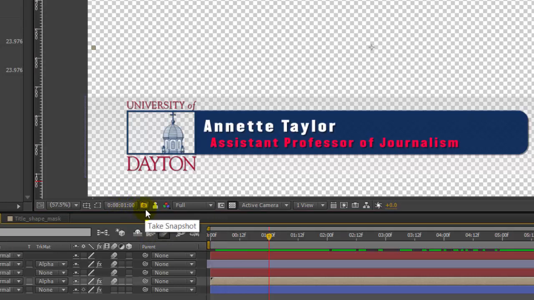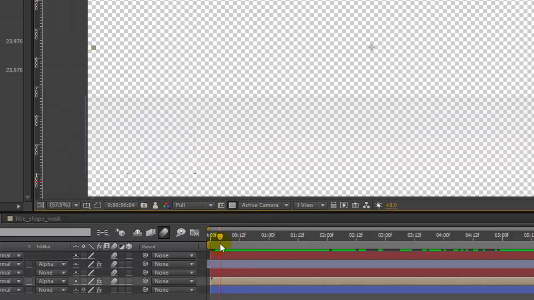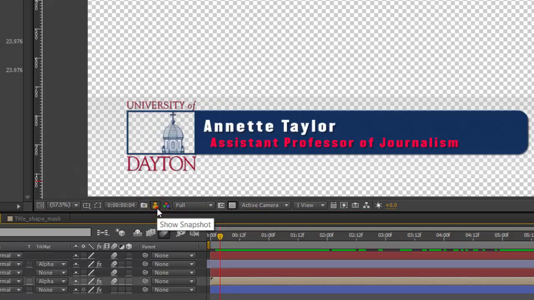Next one, we've got take a snapshot. I don't use this icon that often, but if I wanted to, all you have to do is select it, and it takes the picture. And if I were moving along and I wanted to go to the next one, which is show snapshot, I would just hold it down and it would show what I took a snapshot of. Again, I don't use that often. Some people may, but if you have questions about that, we can look at that. Take a snapshot, just taking the picture.